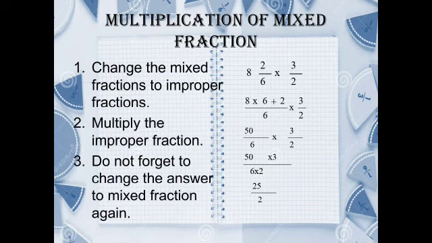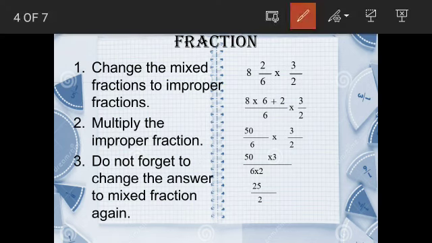Like we did for multiplying fractions, we are going to do the same thing. Now we will be simplifying the numbers here. So 50, this can be cancelled: 2 ones are 2 and 2 twenty-fives are 50. 6, 3 ones are 3 and 3 twos are 6. So what we are left with is 25 by 2.